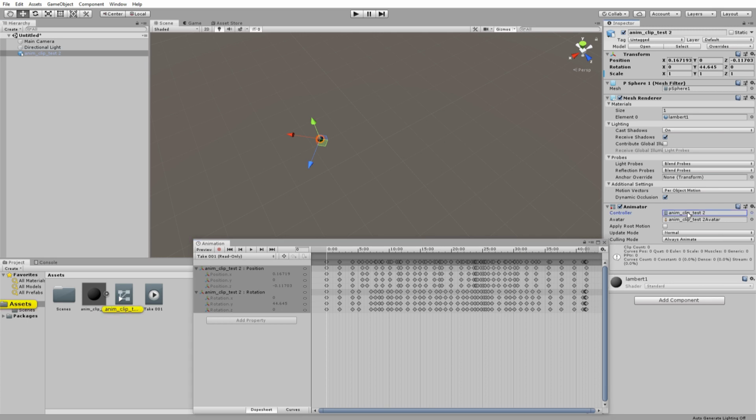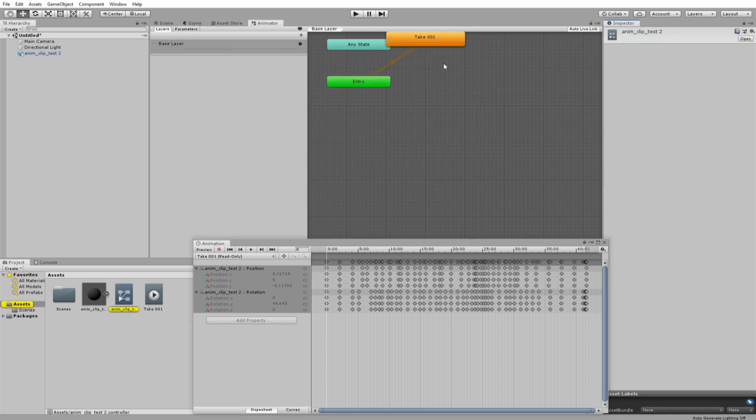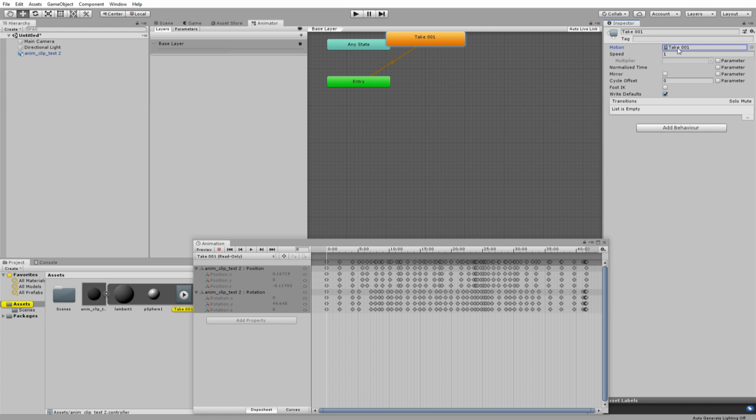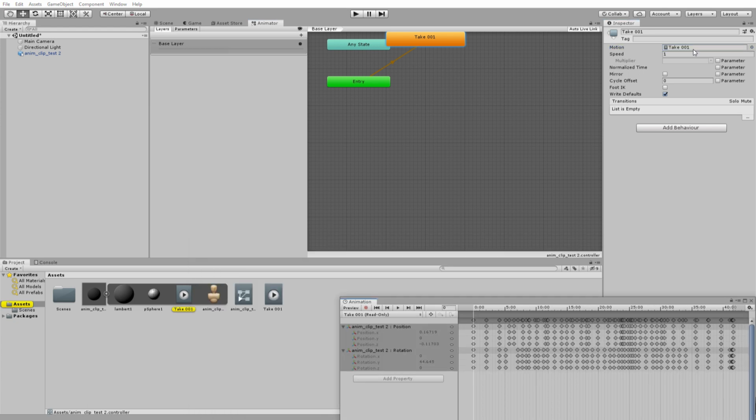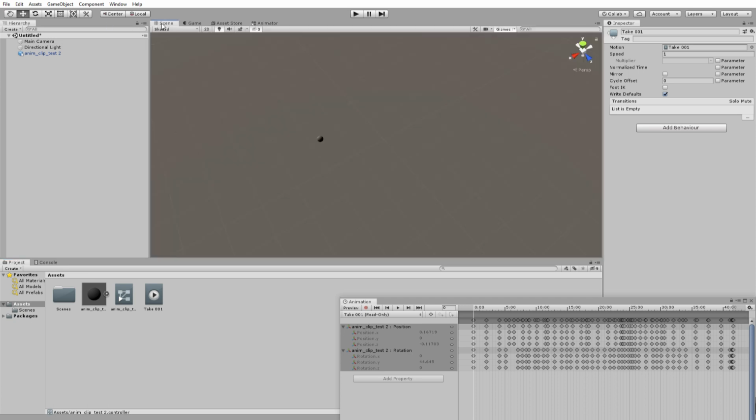If you open the controller, I'm using the clip from the FBX file. Instead of using the clip from the FBX file, I'll switch to this. Once you convert it, later you can export without animation, only the object. So go to scene view. Now if I play, the animation is there, whatever I did in Maya.